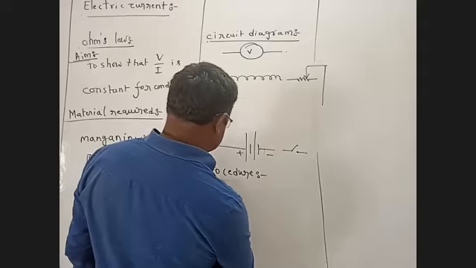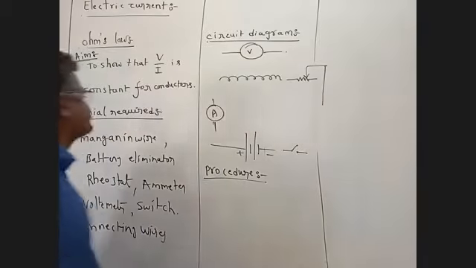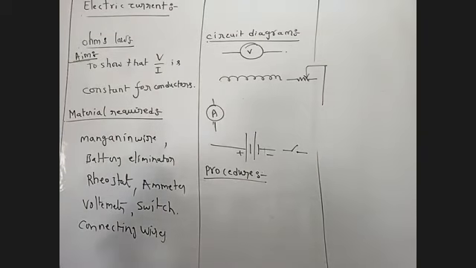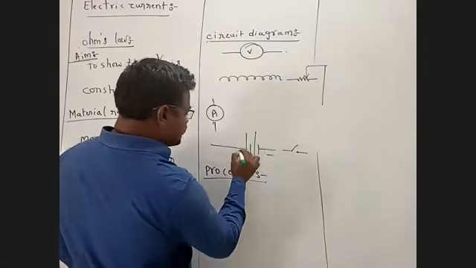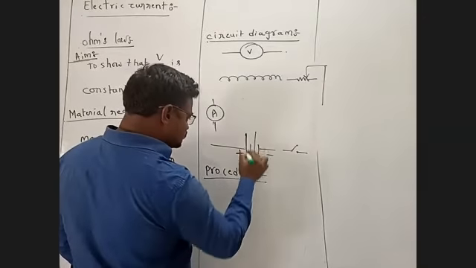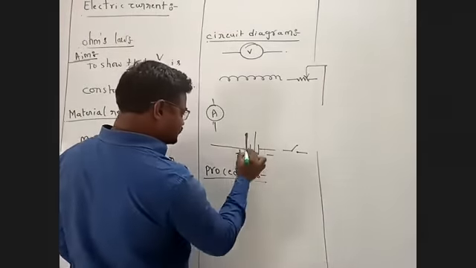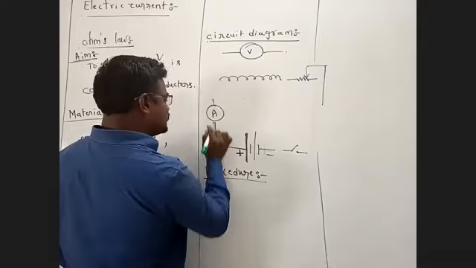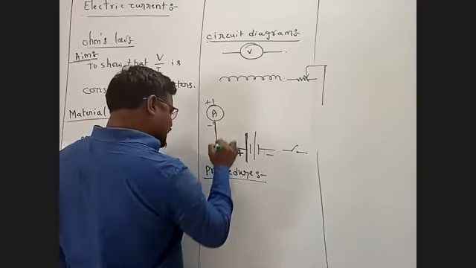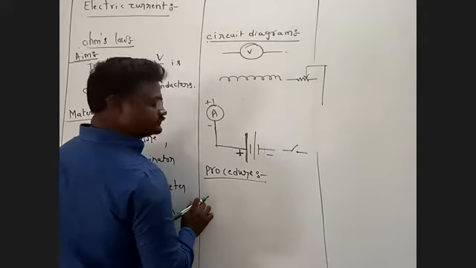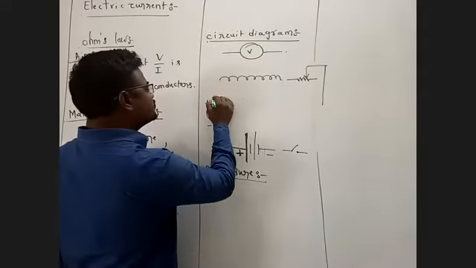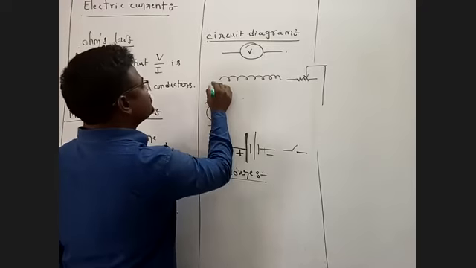In the procedure, the positive terminal of the battery eliminator is connected to the negative terminal of the ammeter. The positive terminal of the ammeter is connected to